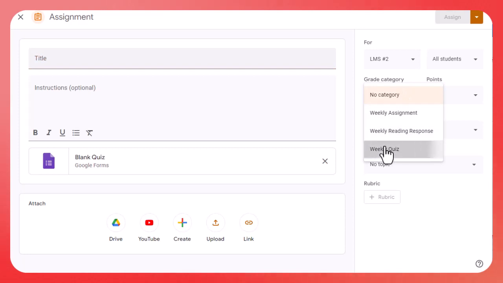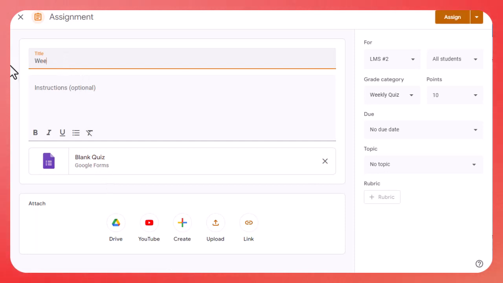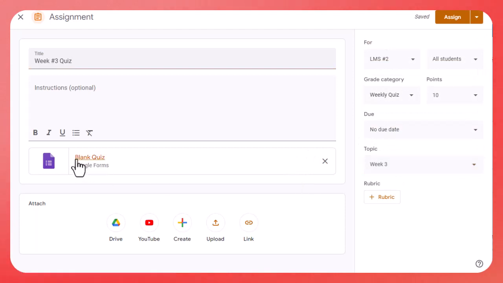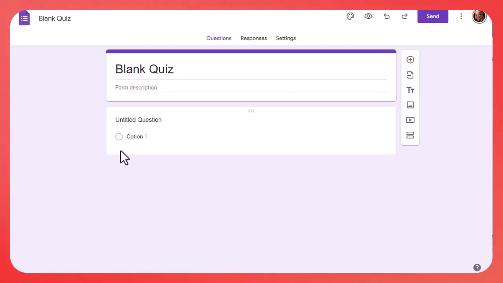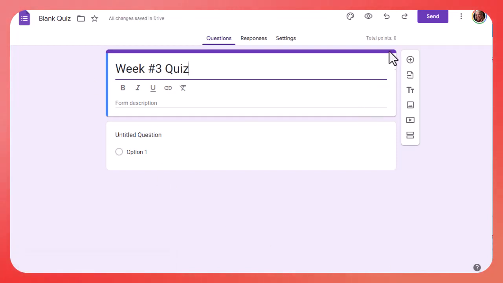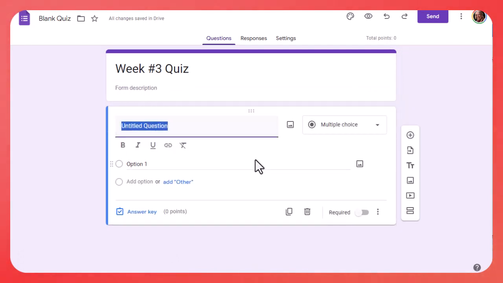Now, let's say this is the weekly quiz. Here it has created a blank quiz. So we'll put week number 3 quiz. It is under week 3. The quiz you have to open up, and we'll just change the name here, week number 3 quiz. Now, right now you can see that it is set up at 0 points, but what we can do is